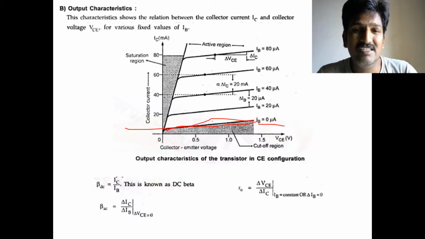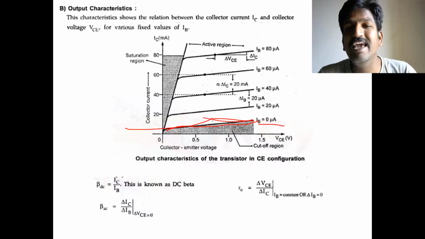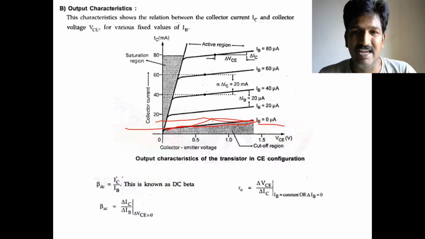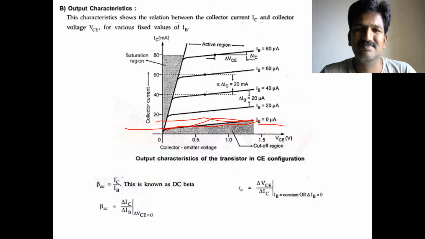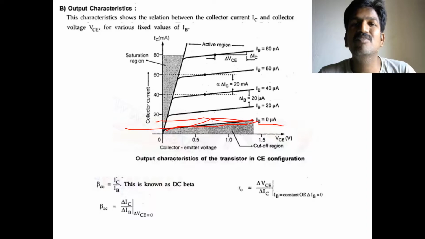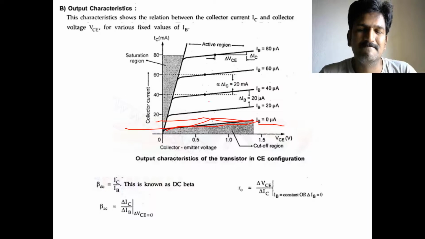Then why do you get the current? This current is due to the leakage. At this point, you can have some current even, let me consider 20 milliamps or 10 milliamps. How do you get this current even if IB is equal to 0 microamps? Because of the leakage current, which is called ICEO. That ICEO exists though the two junctions are working in reverse bias, the base to emitter as well as the collector to base.